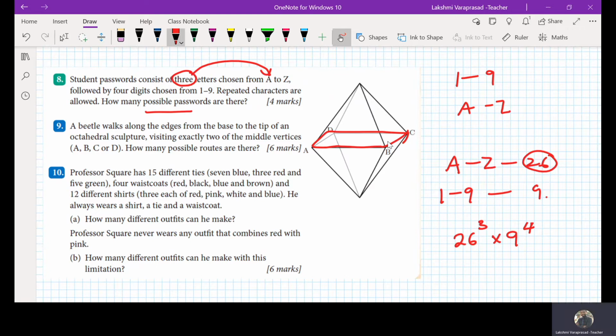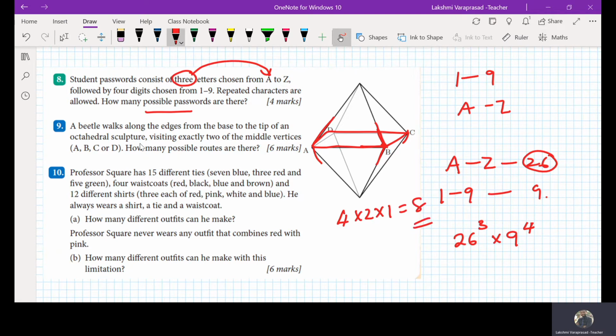Then 2 possible directions, left or right. And then a single choice of the path upwards. Clear now? Suppose point B: I can go here, I can go here, but upwards there is one possibility. So the total number of possible routes: A has 4, and the next one is going to be 2 possibilities, and the next one 1 possibility, so 4 into 2 into 1, total 8 possibilities.